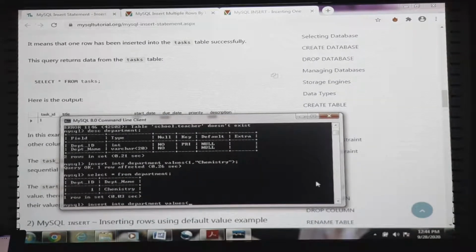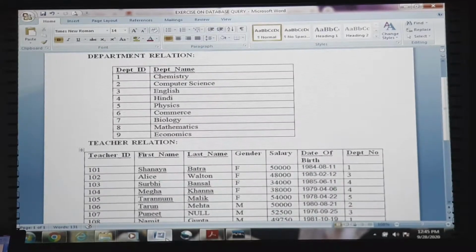We will place the values one by one into our MySQL command line client.